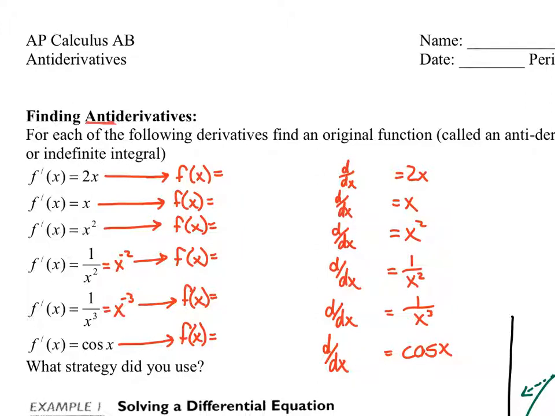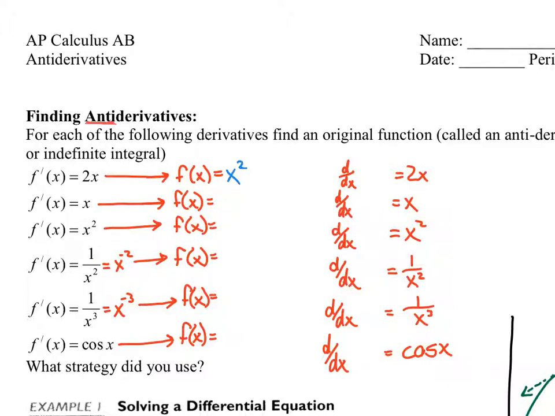We've already worked with these derivatives. F prime of x is 2x. F prime of x is x. F prime of x is x squared. So I want you to think logically here and try to tell me, if the derivative was 2x, what would the original function have been? X squared plus something. Okay, it's x squared plus